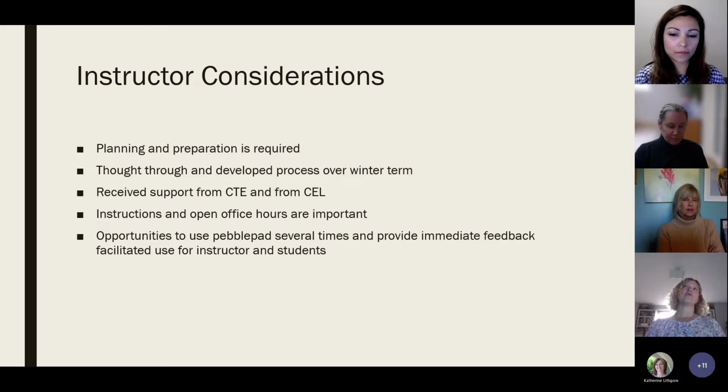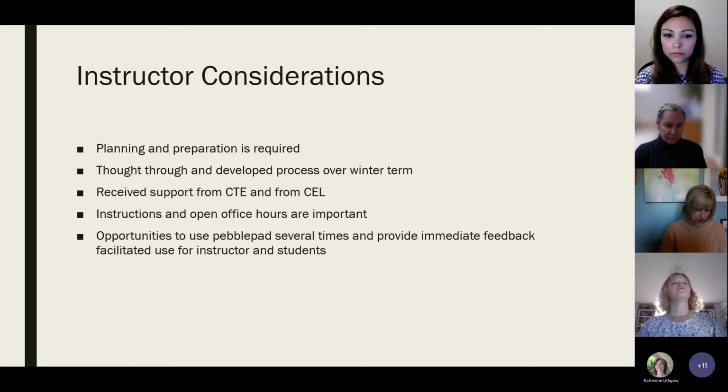Instructions are really important for students to feel comfortable with this, and some people are really comfortable with technology and other students not so much, and so that's why having the open office hours is important, because some people don't follow the instructions with the screenshots as well as other individuals, and we found that when we had an open office hour and we said, well, why don't you share what you've got, or let's go into your PebblePad, let's have you share your screen with